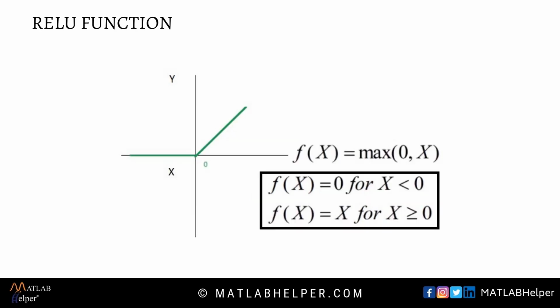Over here you can see mathematical and graphical representation of the function. ReLU function will map negative values to 0 and other values to exactly the same values. If we consider derivative, for positive values derivative would be 1 and for negative values derivative would be 0. If we are getting derivative as 1 during backpropagation, we will not face vanishing problem. But if we get 0 as a derivative, that will make dead neuron.